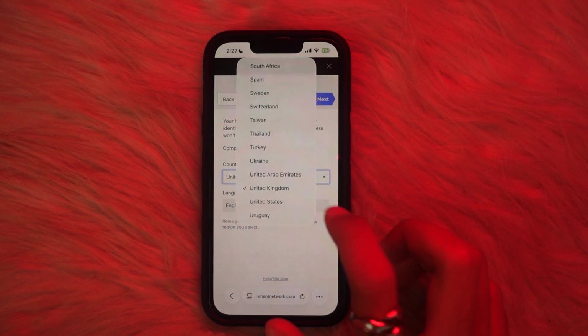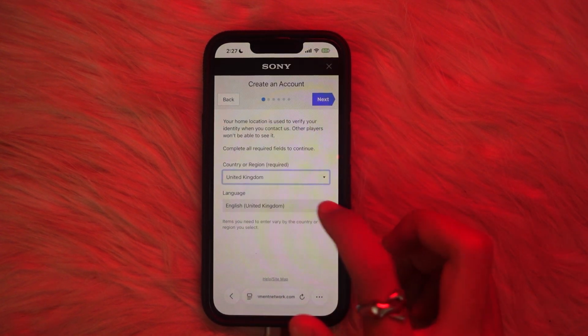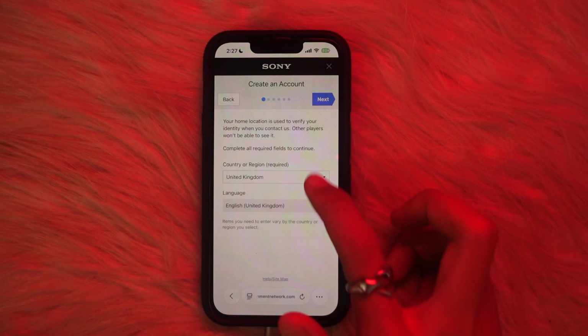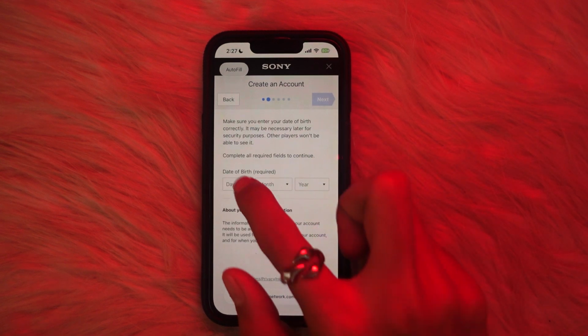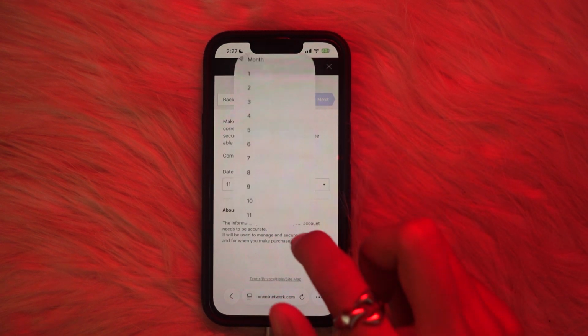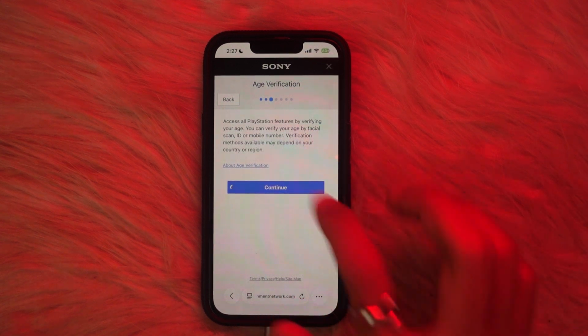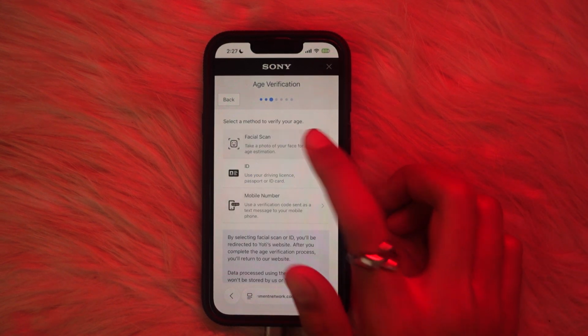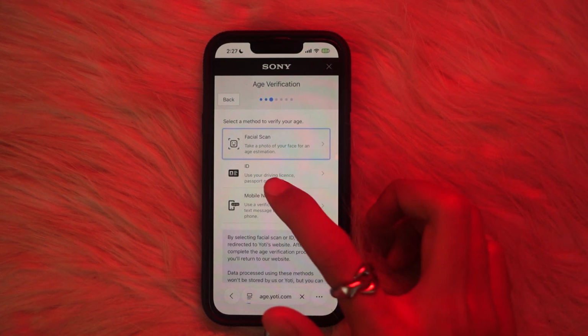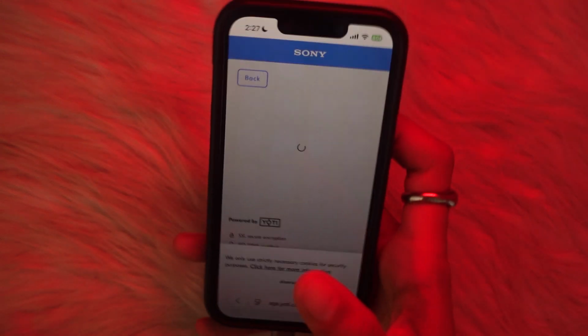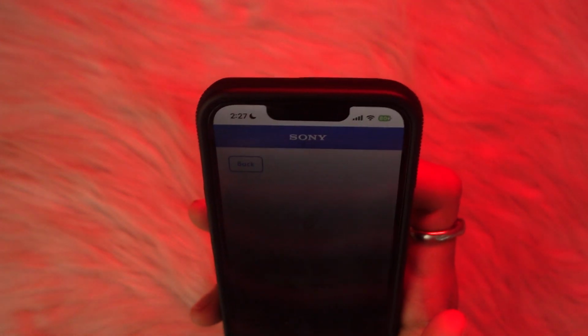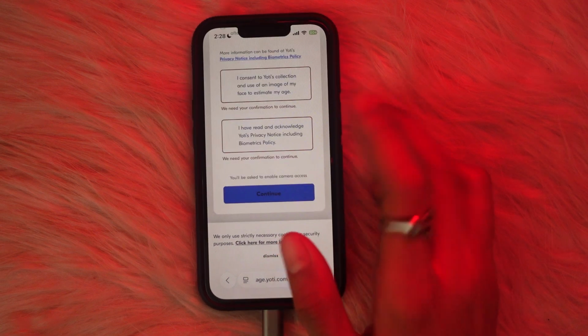Now you have to select your country or region, and after that select your language, tap on next button, and you need to enter your date of birth and tap on next button again. You have to verify your age and tap on continue button, and now you have to scan your face or use your ID, and let me just scan my face ID, and for that you need to give consent and